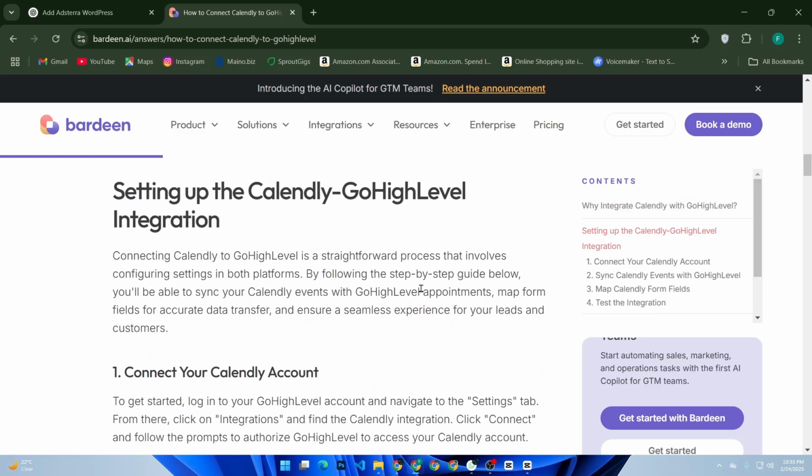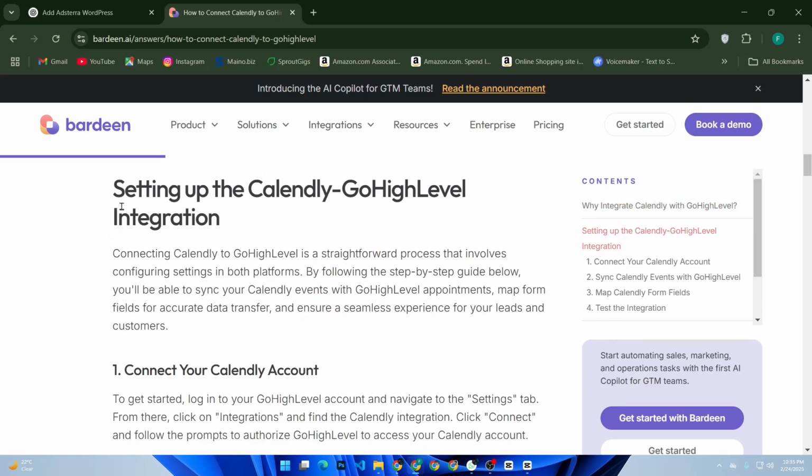By integrating Calendly with Go High Level, you can save time, improve organization, and ensure no opportunities slip through